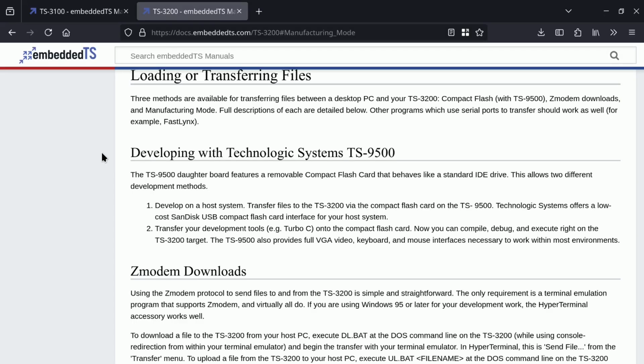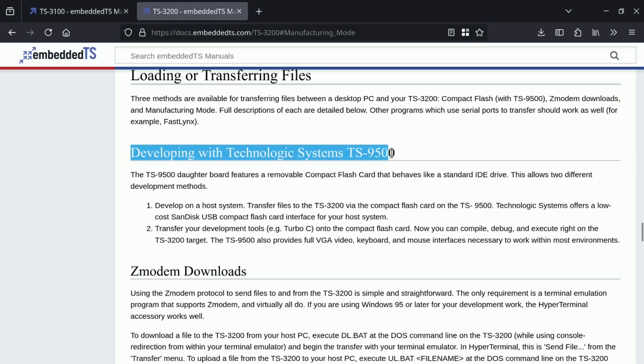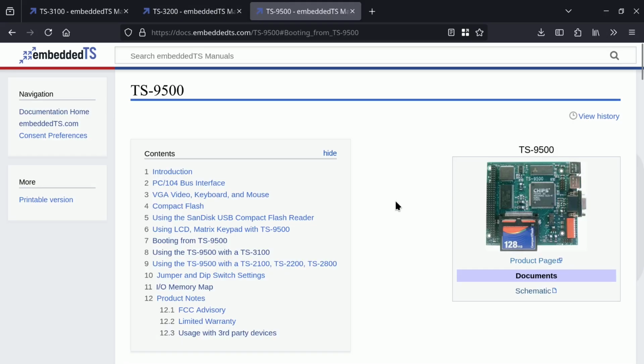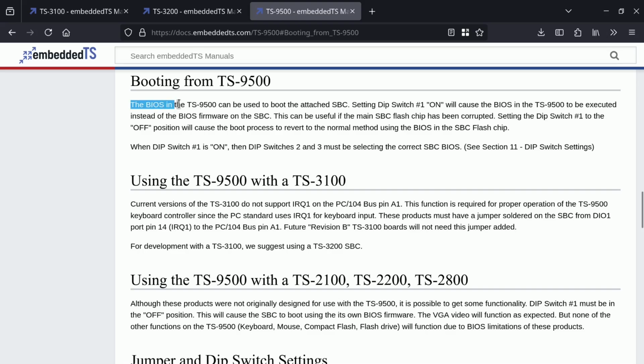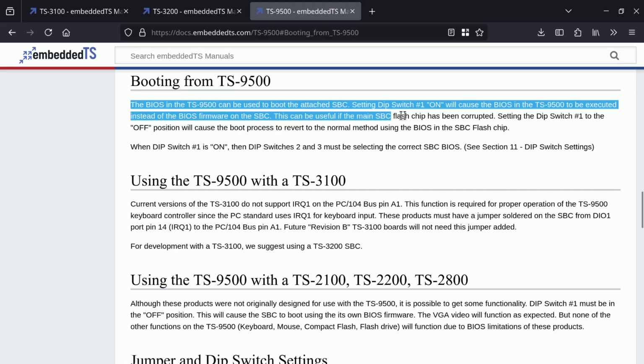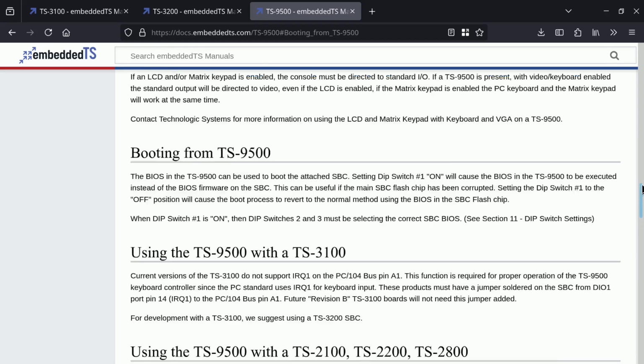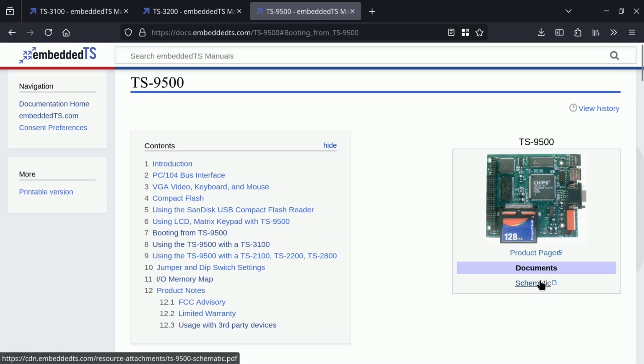is possible. The TS3200 manual has a few references to another product called the TS9500, and if we look at the manual for that, it mentions the ability to boot a BIOS image stored on the TS9500 itself rather than the one on the SBC, which means there must be some mechanism via the PC104 connector to override the onboard flash memory. The manual unfortunately doesn't mention how that works, so let's see if we can find anything interesting in